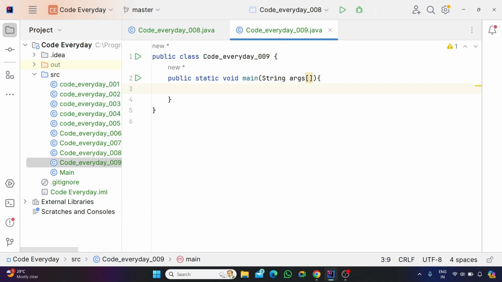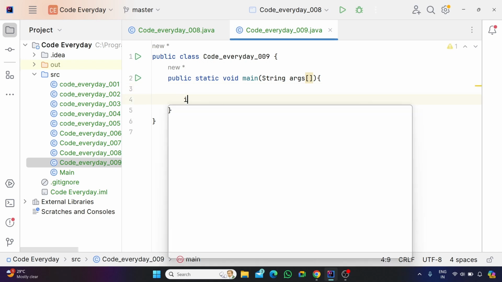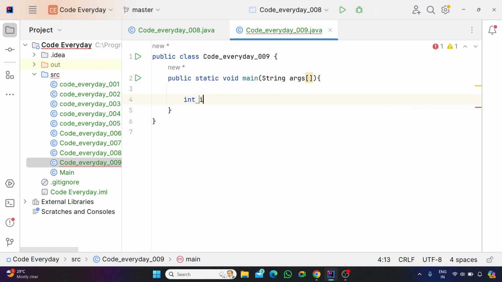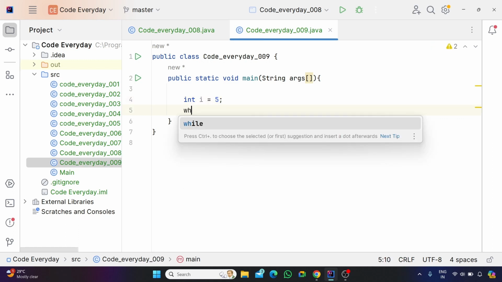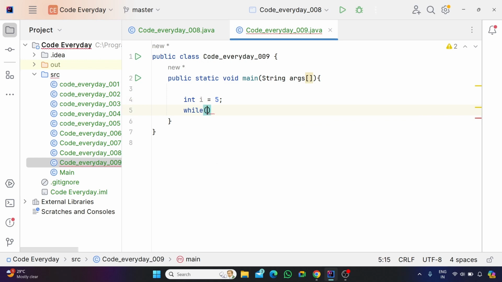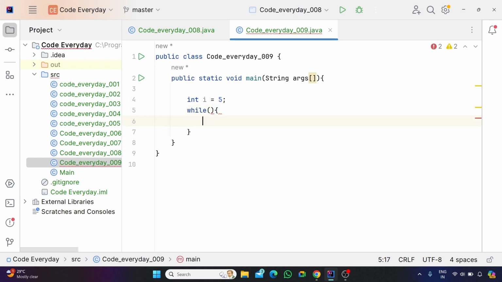So we will first see the difference between the while and the do while loop separately. Then I'll show you the main difference between them. Okay, let us start with the while loop. Suppose I take my variable as i and I initialize it with 5 and I'll write the while loop. Here curly braces open. So I'll give here condition, that is, suppose my i is less than equal to 10, then